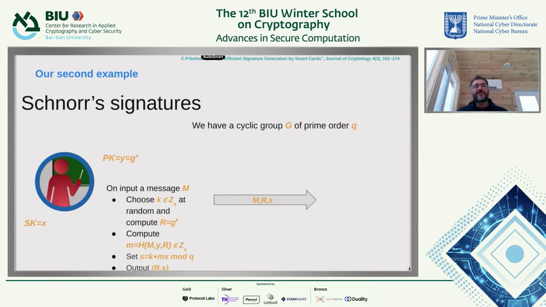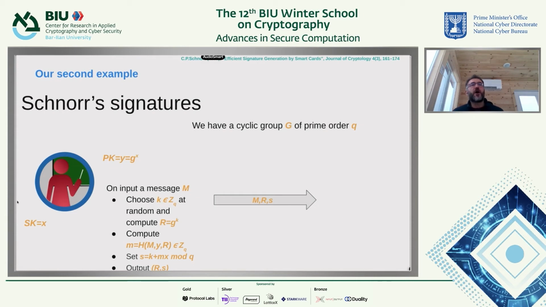And you set S to be K plus MX mod Q, and you output R and S. This is basically a Fiat-Shamir transformation over the Schnorr identification scheme,